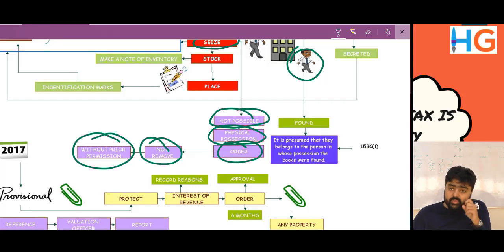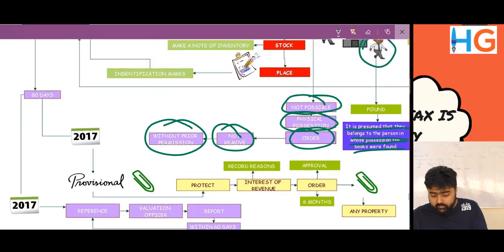It is a general presumption that the article found with a certain person belongs to him. It is presumed that they belong to the person in whose possession the books were found. So the person who has physical possession will be treated as the owner. Now if he proves otherwise, then we'll consider the other case.